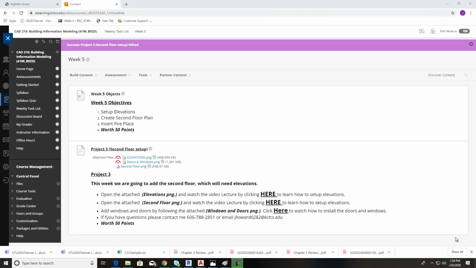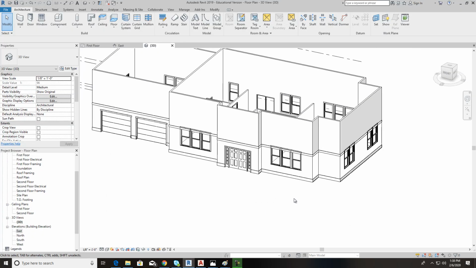Welcome back to week 5, and in this week's lesson we are going to put the second floor on, and we're going to put our elevations on. And it's not very difficult, and there's some other things that we needed to do that we didn't get done last week, like put the chimney on, and we have to set the height of our windows, because I noticed when I open mine back up,